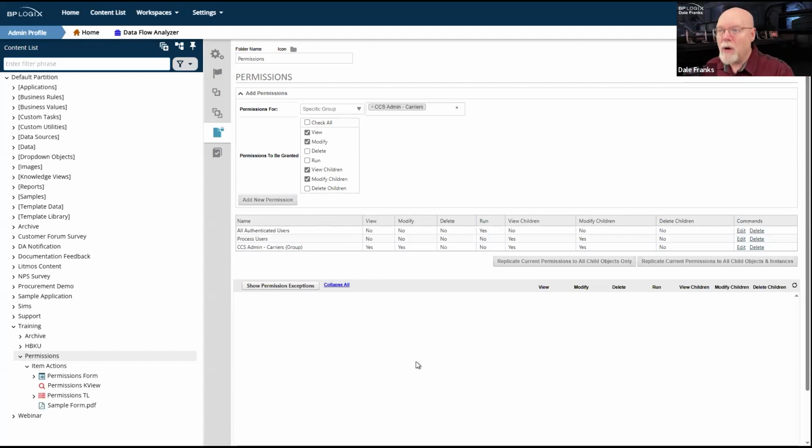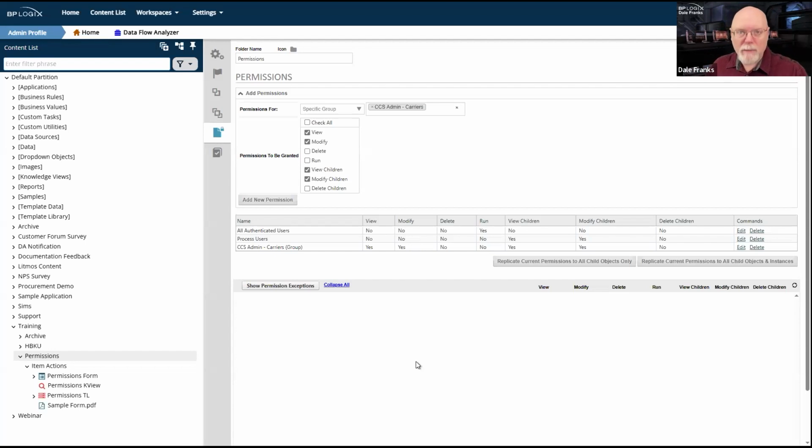I think most organizations set a certain number of people as their system admins or partition admins, and those people do all of the management of processes that are running on their system.